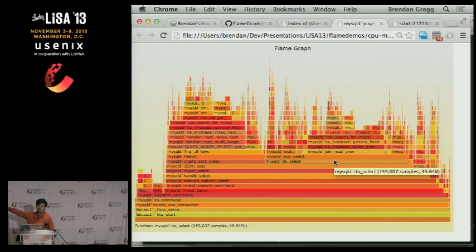When I mouse over things, here I've moused over MySQLD do select, it will print how many samples that frame appeared in and the percent it was present in the stacks. So this is great. I could now actually understand where the majority of CPU time was by moving the mouse around and navigating. And I can see all of the profile data at once.